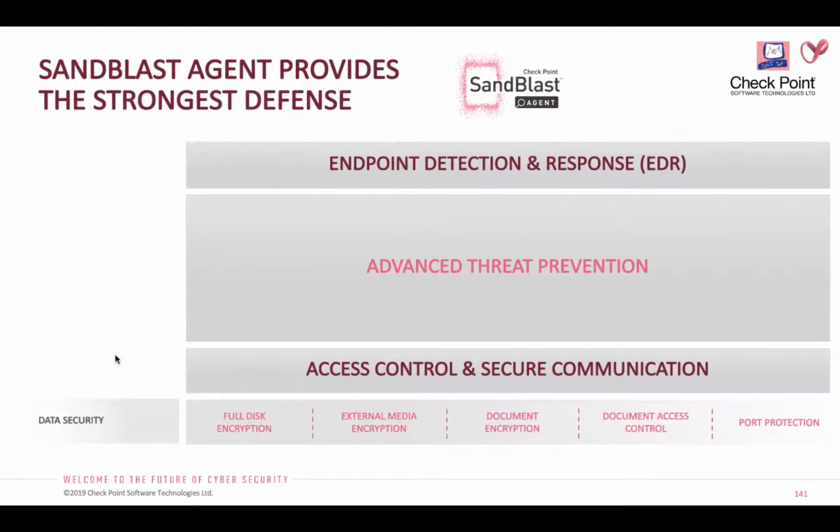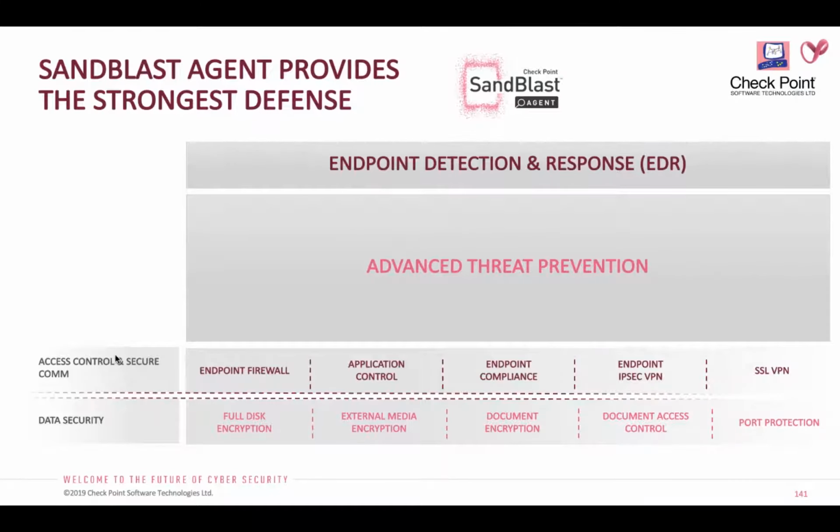Right. So in the data security module, you get full disk encryption, right? We just spoke about it. And with this, you can encrypt the full device, or disk of a particular endpoint. And additionally, you can also encrypt media such as your pen drives, it could be hard disks, etc. And you can also define a little bit of your device control rules, saying that, okay, these are the devices which I would like to block, and these are the devices which I'd like to allow, right?